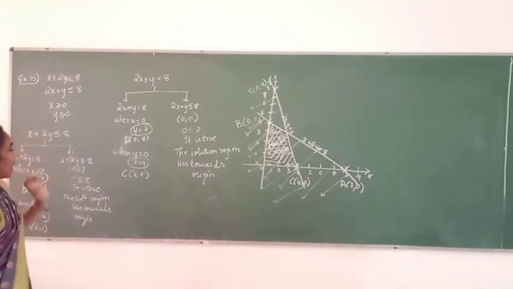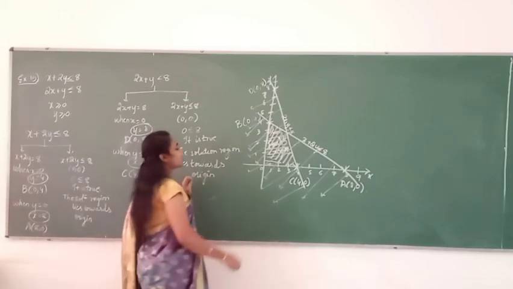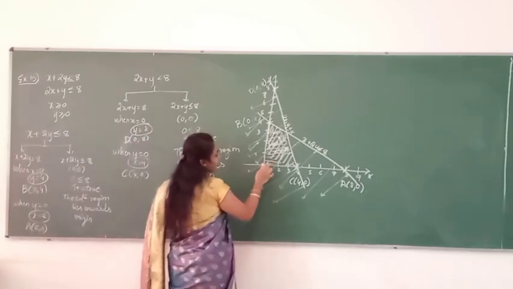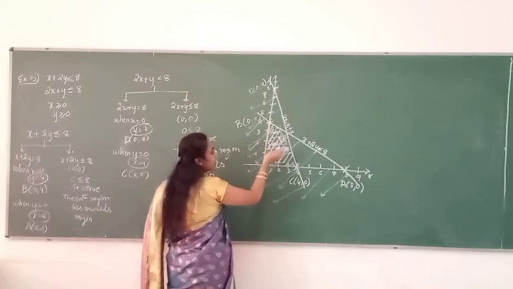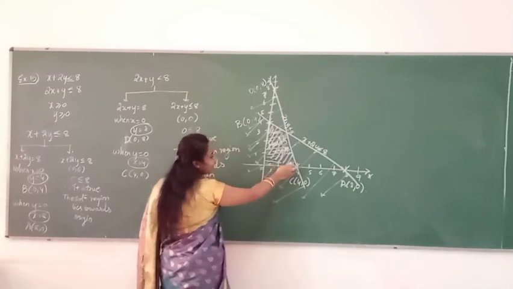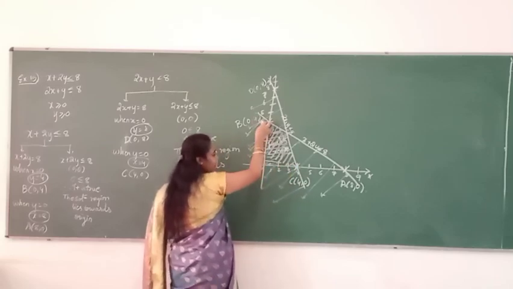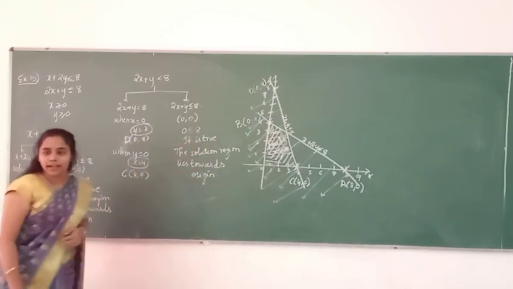So you might be thinking why madam has not considered x greater than or equal to 0 and y greater than or equal to 0. The solution region we are getting here is in the first quadrant, and the points already lie there, including those on the line of the x-axis and the line of the y-axis, which indicates that x is greater than or equal to 0 and y is greater than or equal to 0.